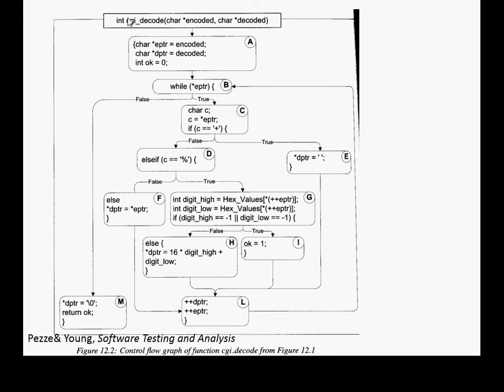A, B, C, E. Okay, so let's trace this. A, B, C, E, L. L to B. B, C, C, E. D, F. D, F, L again. L, okay, that to B, back to B, then M. Okay, so Nobleman's path